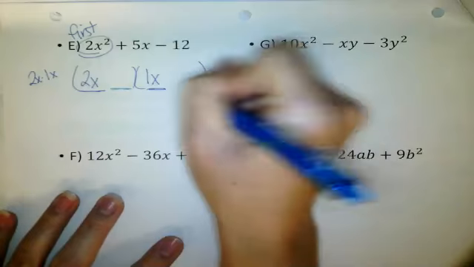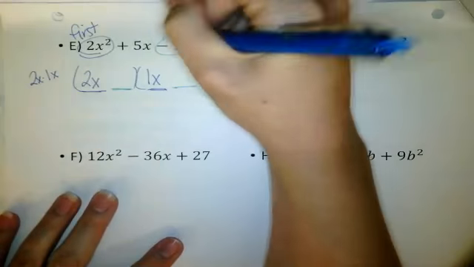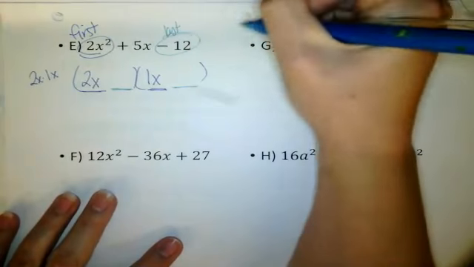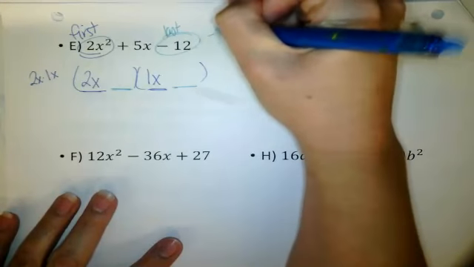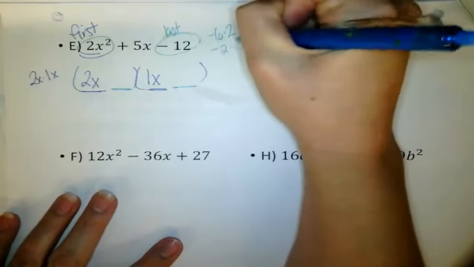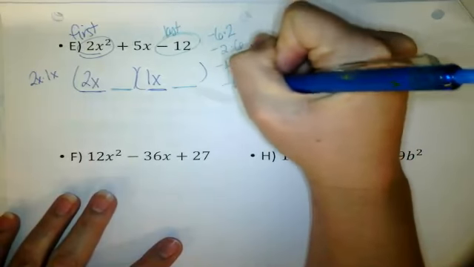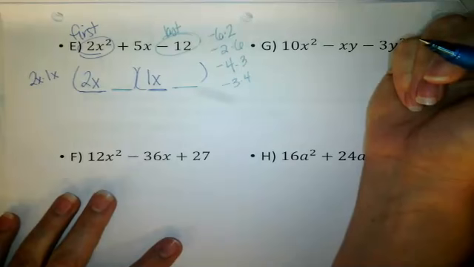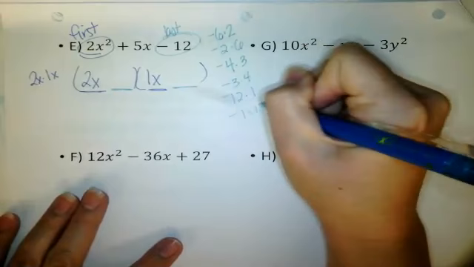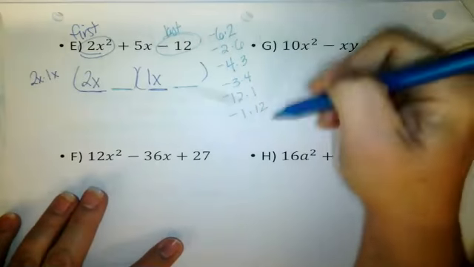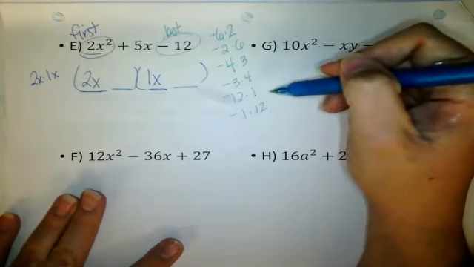And then last times last has to be negative 12. What times what gives me the last thing? What times what gives me negative 12? Negative 6 times 2, or negative 2 times 6. What else? Negative 4 times 3, or negative 3 times 4. Negative 12 times 1, and negative 1 times 12. This is the entire list of possibilities, right? Yeah, okay. And some of you are shaking your heads that none of these work